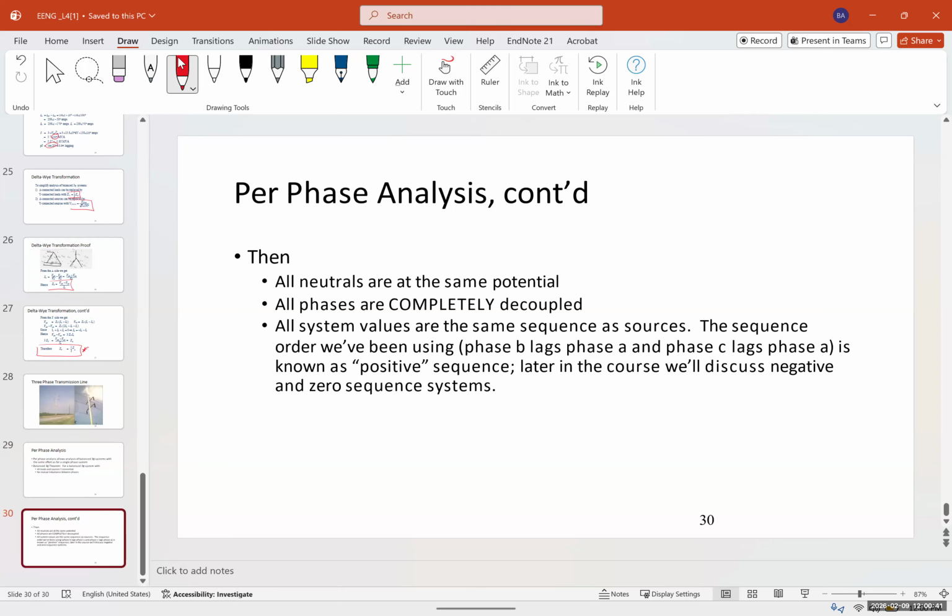This is actually the beginning of the most important part of this class, per-phase analysis. And probably we have an OPAL-RT device, so we would do some simulations as well. If we have time, I would design a little lab that you would do, software simulation using maybe Simulink. I don't know if you have MATLAB, but there are other software that we can use to do